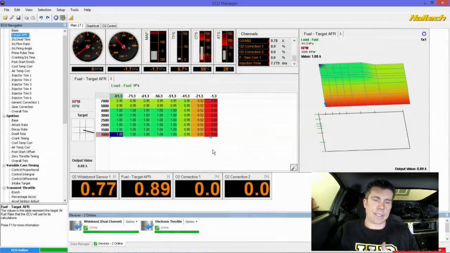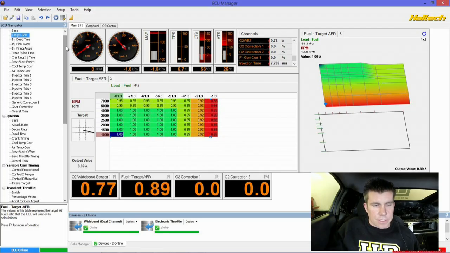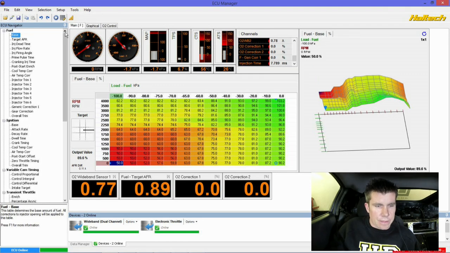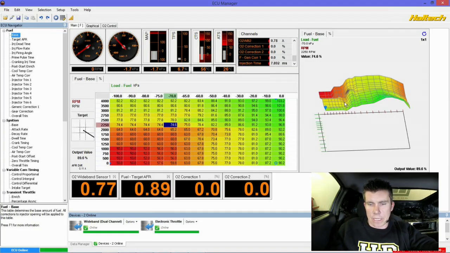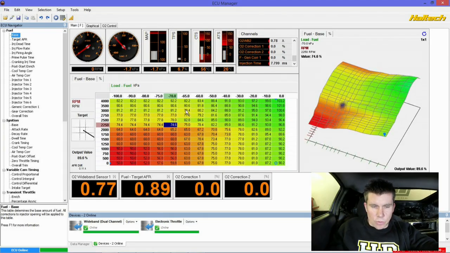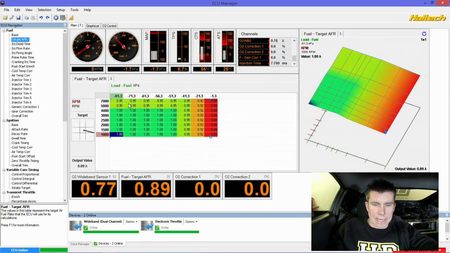So let's just jump straight into our laptop software now, and you can see we've got our Haltech Platinum Pro ECU up and live, and at the moment the engine's not running, so there's not a lot to see. But over here you can see all of the fuel parameters or tables that are available for our fueling, and this is being run at the moment in VE mode, so most of our tuning is done between this base fuel table, which is our volumetric efficiency fuel table,